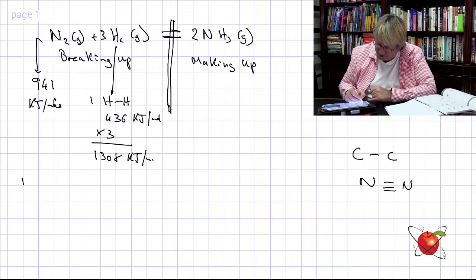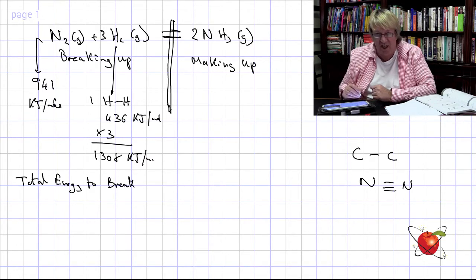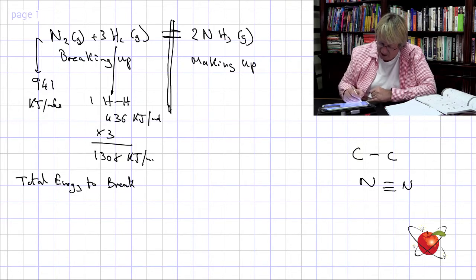So now we say, right, the total energy to break is going to be what? Well, the total energy to break them is going to be the 941 plus the 1308 gives us 2249